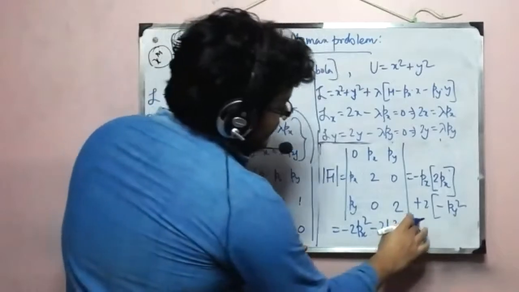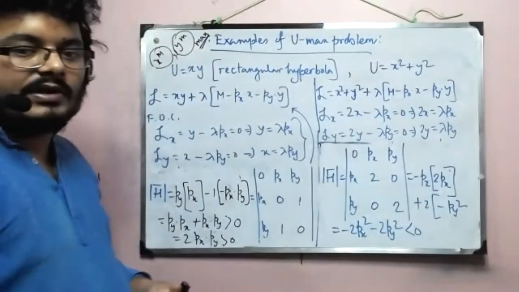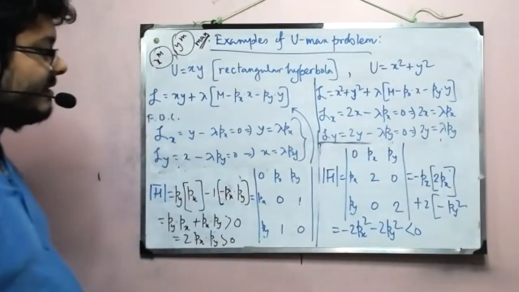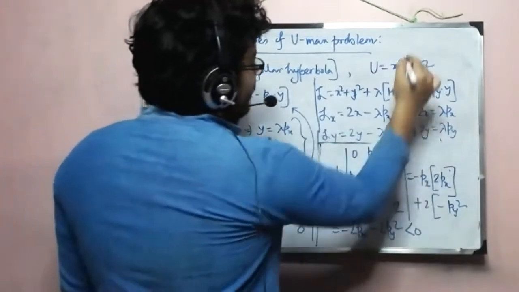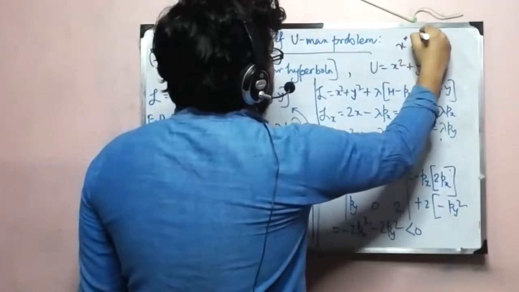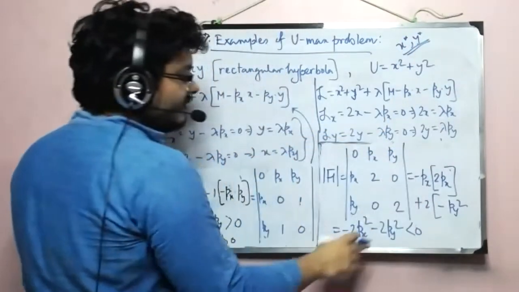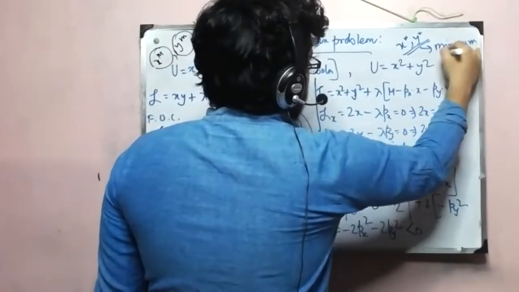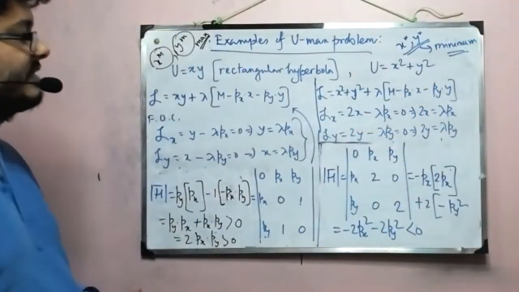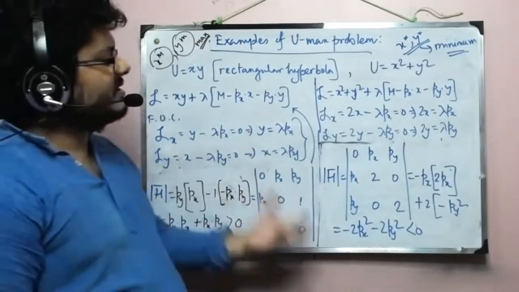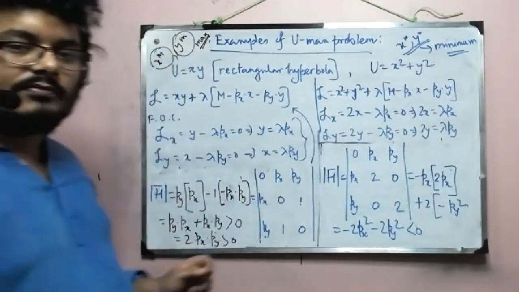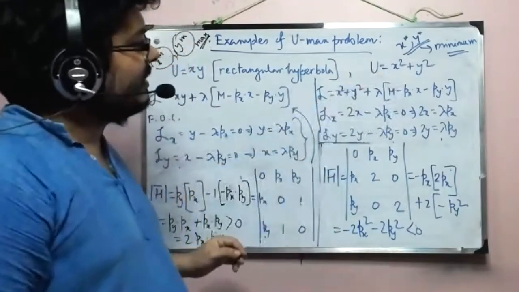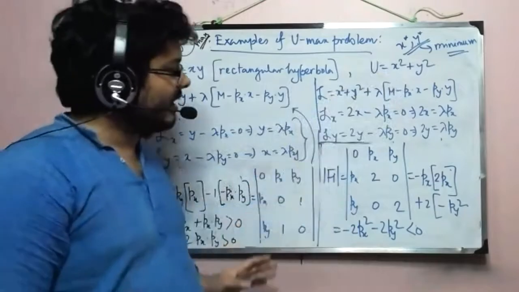Given px and py positive, this answer is negative. So here we didn't get a positive border Hessian. Now what does that mean? That means that if I solve the FOCs, the x star and y star that we have obtained, now that we know that it is negative, is a minimum point. So this is not a maximum, this is a minimum. Now, what does it mean? First of all, it means that using Lagrangian method for this function is not correct, right? It gives us wrong answer. This is the first thing.